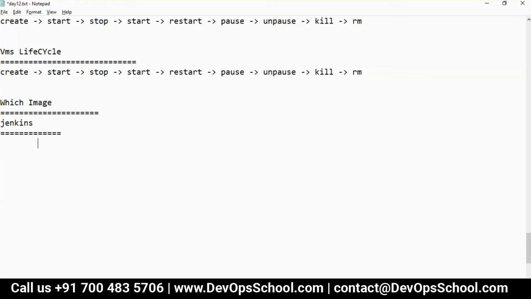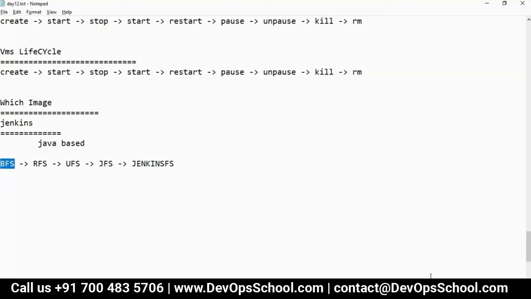a Java-based application. So Jenkins requires a boot file system, root file system, user file system, plus Java file system, plus Jenkins file system. Here.